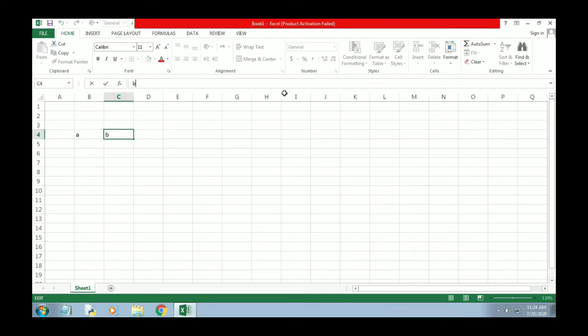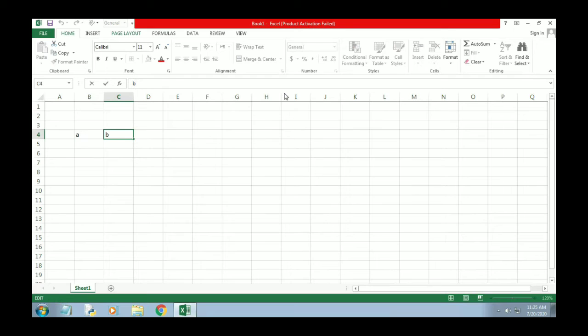And here this is the formula bar, and after that we have different groups here. For example, you can see clipboard, font, alignment, number, style, cells, editing, etc. These are called the groups. On the topmost you can see where Book1 Excel Product Activation is written.